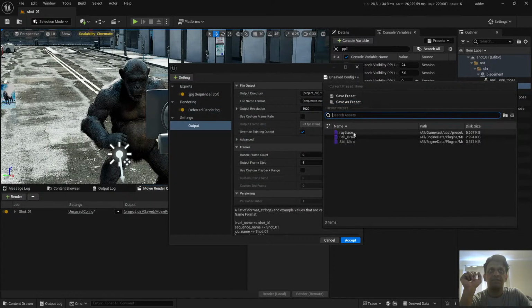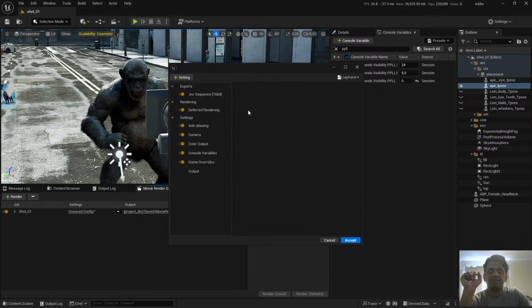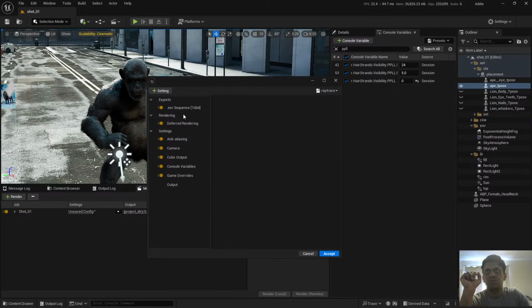So I do have this preset saved. I will explain everything now one by one. If you have any questions, write them down, because I know most of the things people are struggling with is render settings and lighting, because that's why you are in Unreal Engine. So as per the